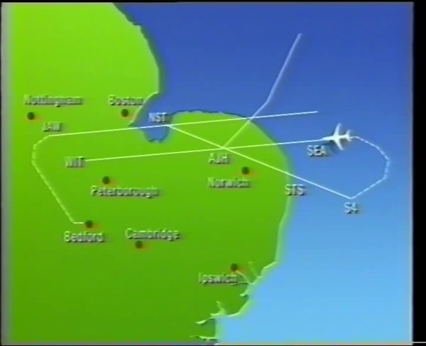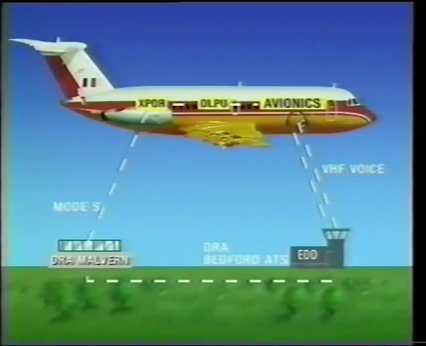The demonstration, performed in two halves, simulated two distinct ATC scenarios. During the first scenario, there was no actual data link dialogue between controller and pilot. What was happening was a large amount of data was being transferred via the link, which related to the selected inputs to the flight system and also dynamic data from the avionics system on board the aircraft, and these were used by the ground system and by the controllers in order to get a good indication as to what was happening on the aircraft.